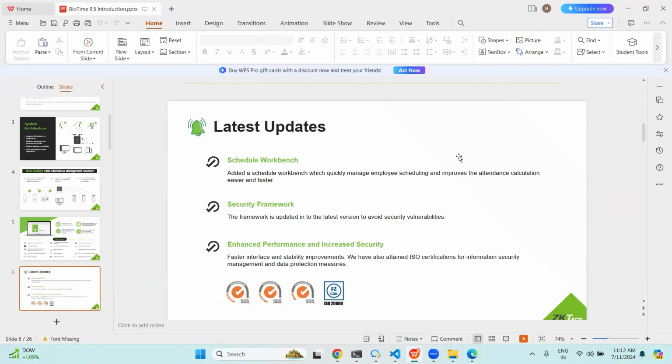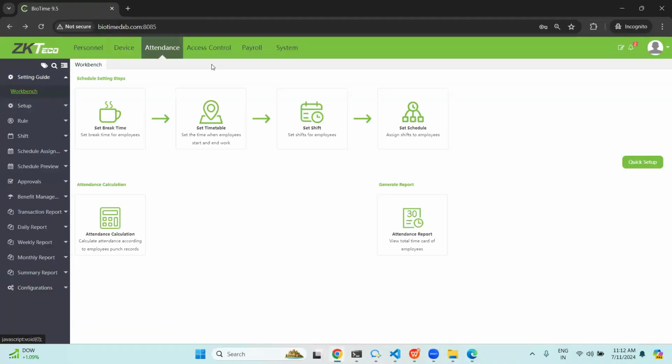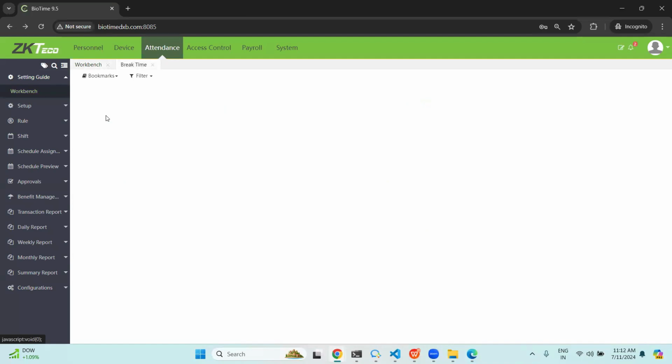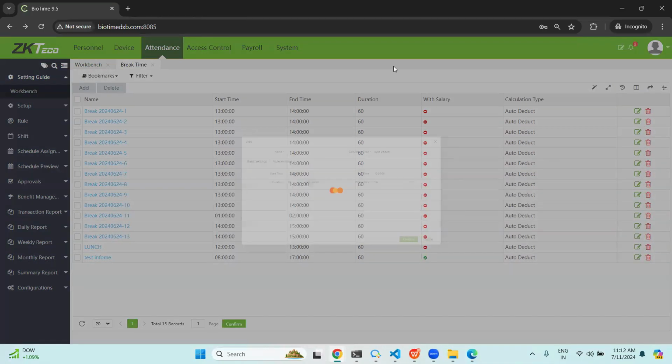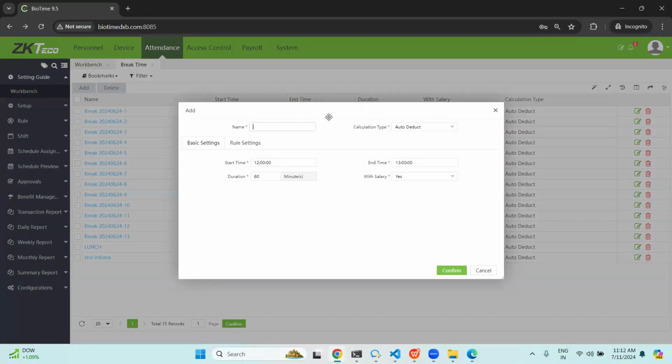The latest update is the schedule workbench. We include the schedule workbench here. I will show you here. So from this page itself, you will get an idea of how to go through the system. You will get an overall idea about the workflow of our system. Like first, you need to set the break time. Here you can add the break time, like